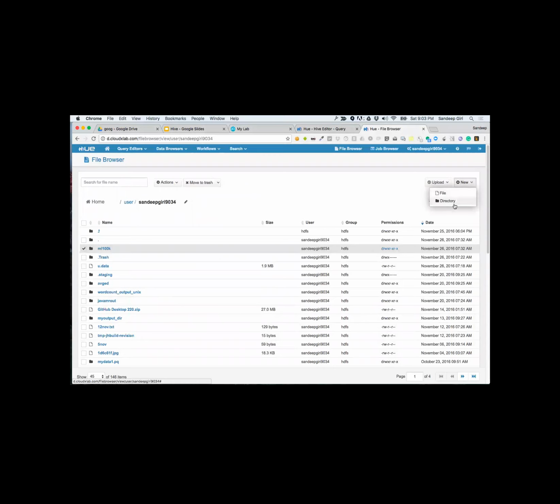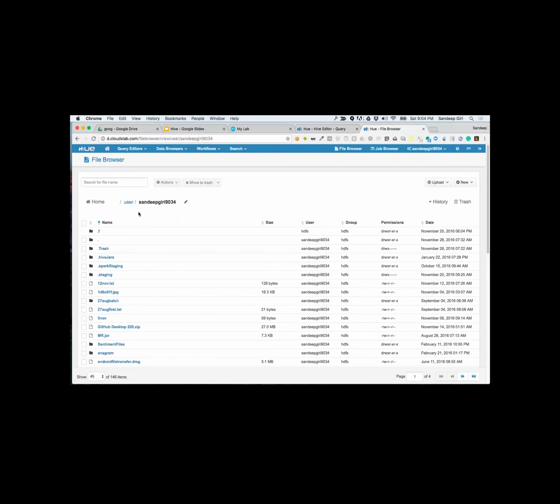This is how you create. No, you have to go to home. In your home directory, click on home, then click on new and directory.